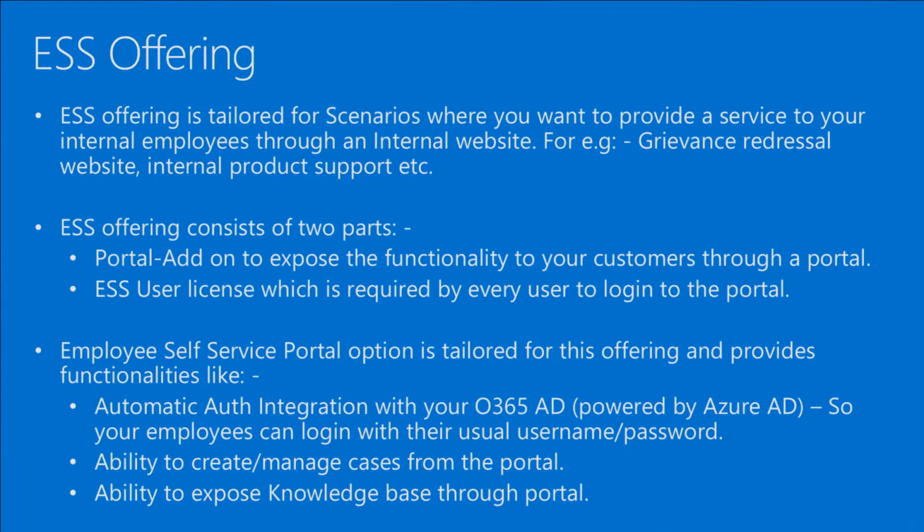The second thing you have to do is license users. Anyone who logs into that site is fully authenticated; except for the homepage, everything else is authenticated. So anyone who logs in has to have a license. All your CRM users can log in, and you don't have to buy any licenses for them. But if you're buying for your other employees, we offer the cheapest license, called Employee Self-Service. You can buy that for all your employees, attach it to their Office 365 profile, and they'll all get access to it.